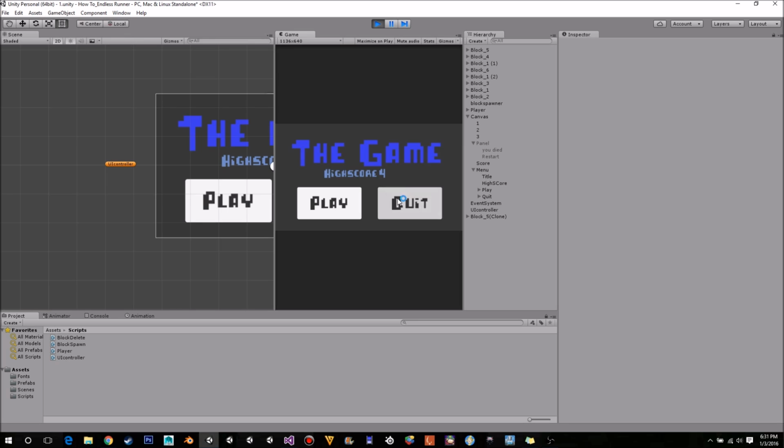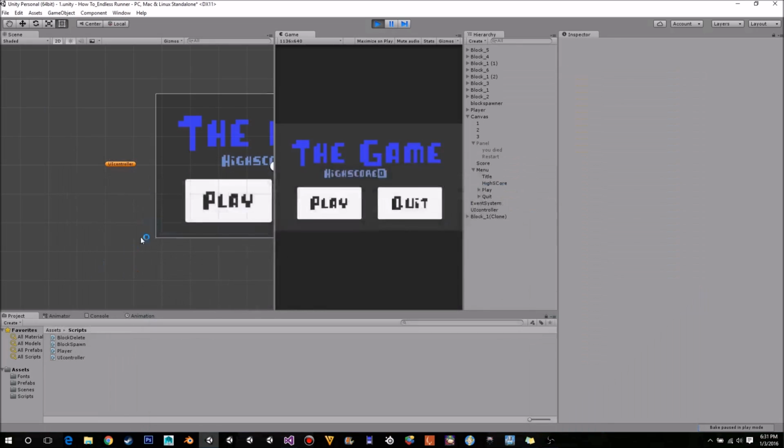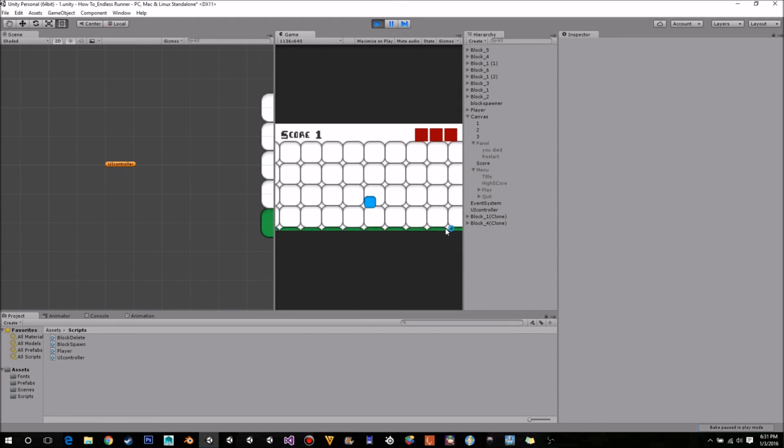Quit. Press play. And yeah, now it's working. So now it's equaling 0. So I think it was just because we hadn't set it up here. And then that way it was just doing a weird little thing. So yeah, just set it up to 0 up there, and then the first time they launch it, they'll just see 0 there. So if we come in and just press play,